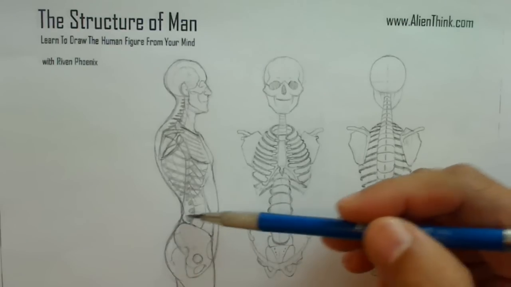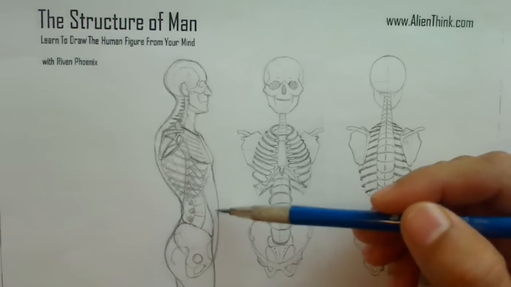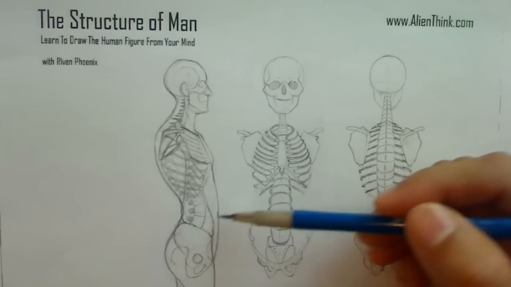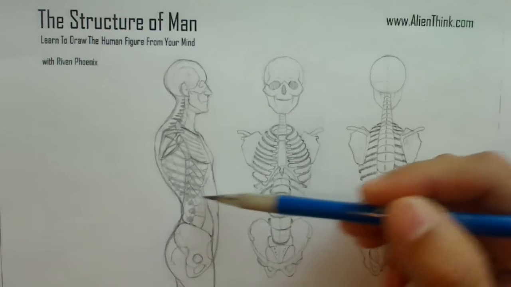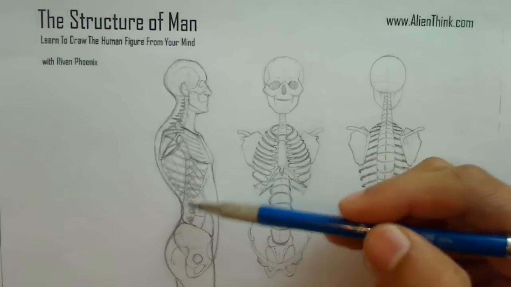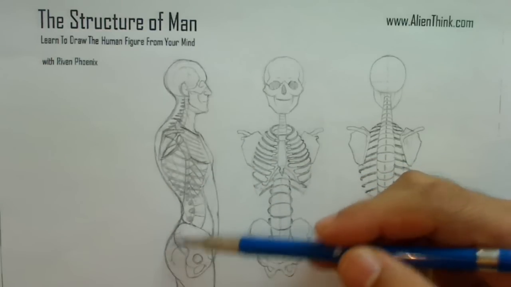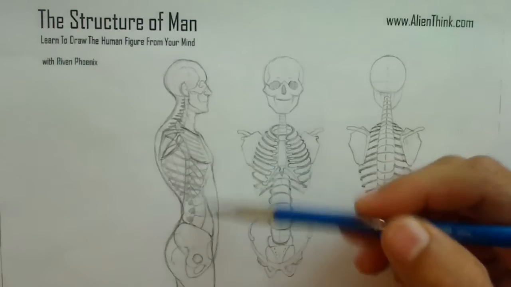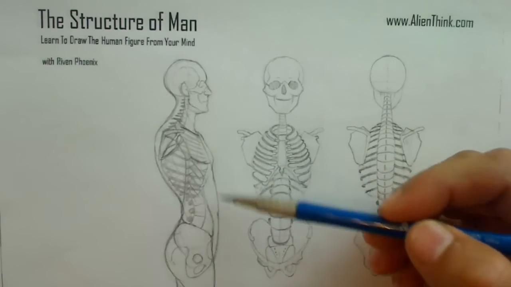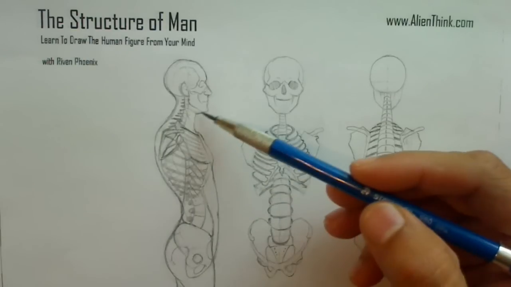The relationships, even from the side here, you can see that you're going to get your buttocks here and your belly button will be here. And you always know that this area here is where your love handles are going to be, right? So this form just shows you what happens when you know the skeleton system inside and out, that it will allow us to draw very fluid and realistic looking figures, right?